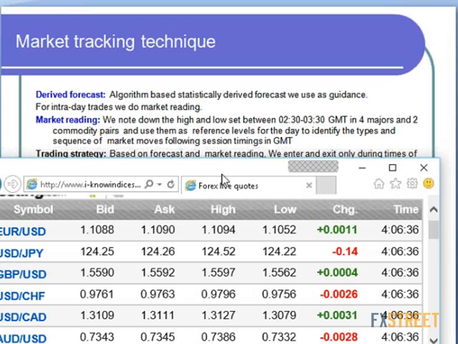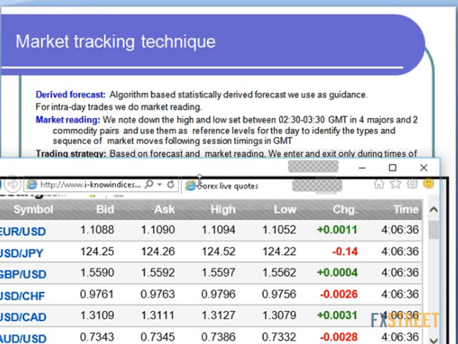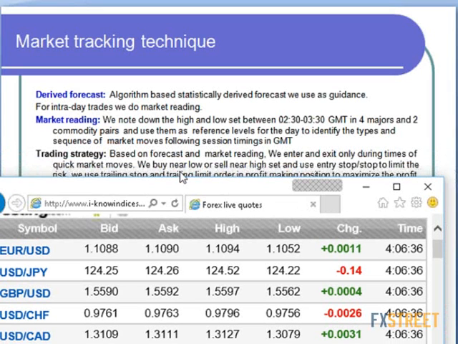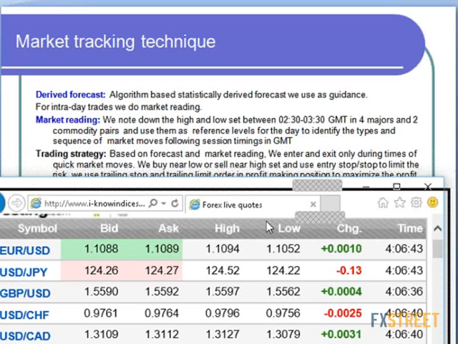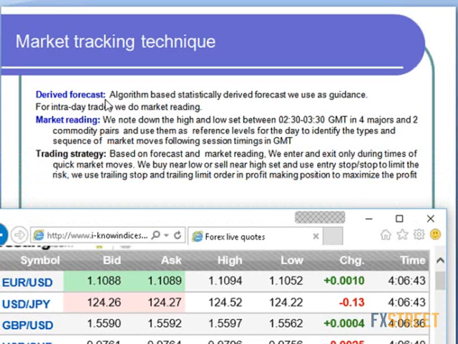And what are the chances of a stop and above that? Then also we use the trading strategy. Why do we need to use the trading strategy? Even though we have the derived forecast and also the market reading, I will be doing it now for you, comparing the current market level with the initial lows and the highs, what they are